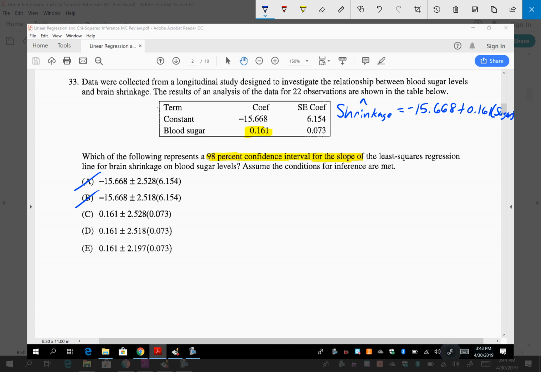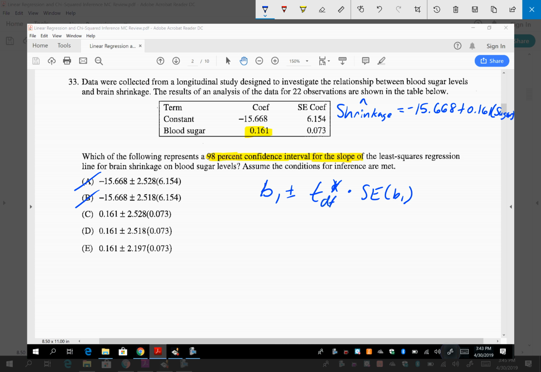So what I'm trying to show you is, I care about the slope. This is the linear regression model, with a plus bx, that's the y-intercept, that slope. That's all I care about is the slope. That's my statistic. So it goes slope plus or minus t star with your degrees of freedom times the standard